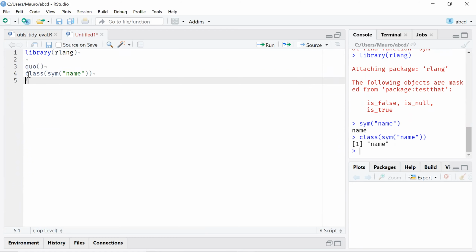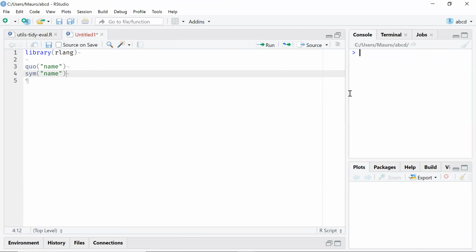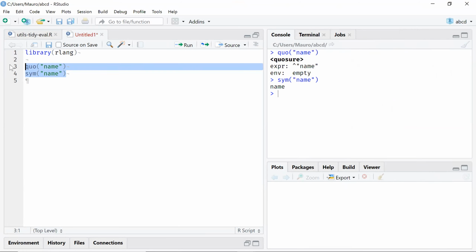I think that you're right. The symbol only creates a symbol, but it doesn't include the environment that it's in. That was the sort of original solution that they had, but then once you get into a function, you're in the local environment of the function. So it was necessary to wrap the environment from whatever the calling environment was. And then they came up with this closure thing. So I think that they both still exist, and the sim might have some use cases in some particular places, but the closure one seems to be more similar to what most people would probably want to do if they want to send an unquoted symbol as an argument of a